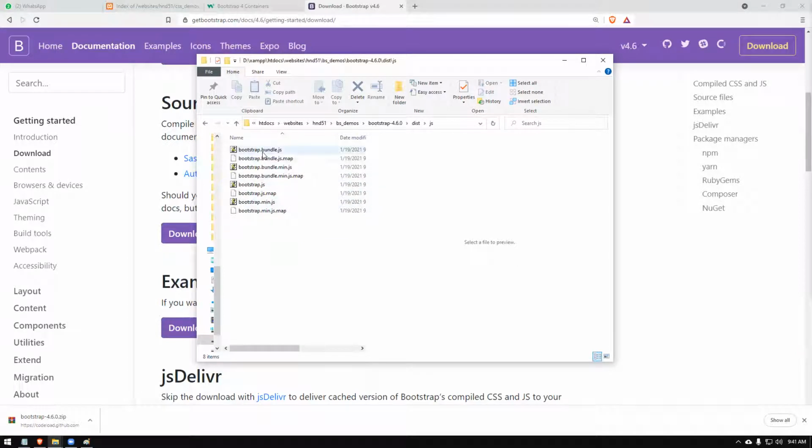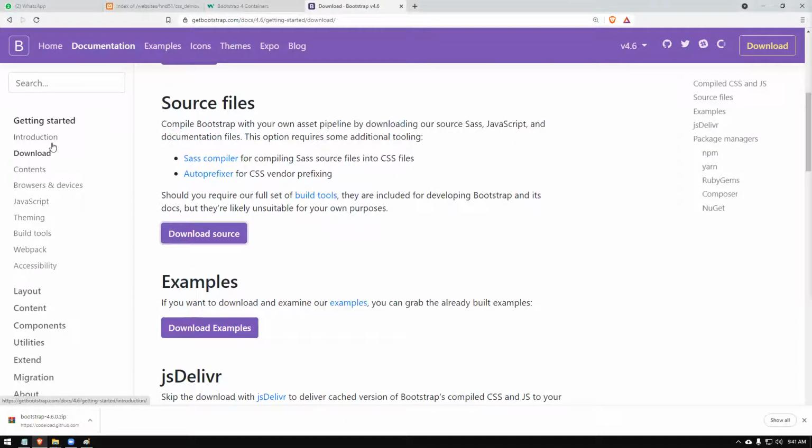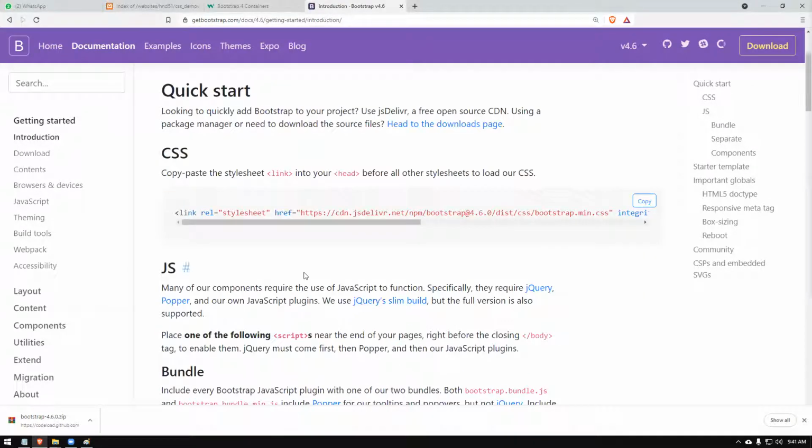Okay, so this is not enough. We need to download two extra files. Please don't ask me why, because that's the way you have to do it. Two JavaScript files we need to download and add to this. Because if you put in jQuery and so on, only then will the animations and so on start to work. Without further delay, we will download those two files as well. Then I will give you this bundle. So I can go here to the introduction section. Let me check this.